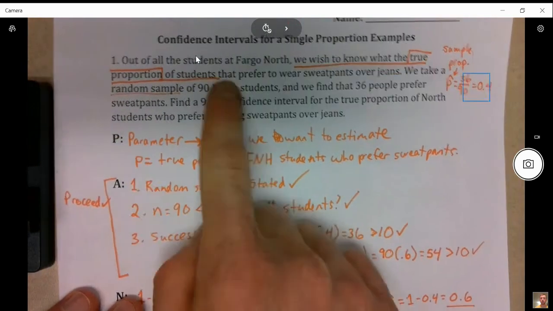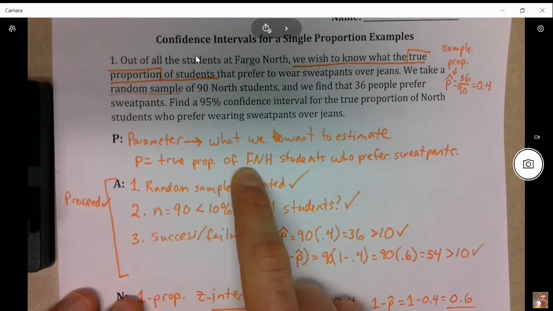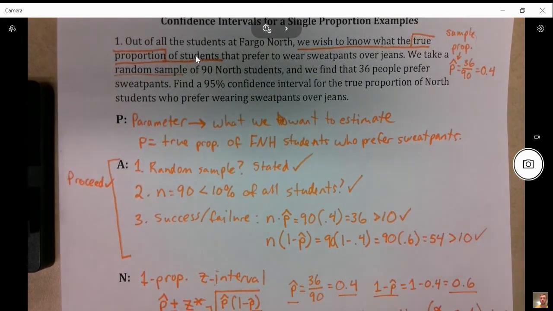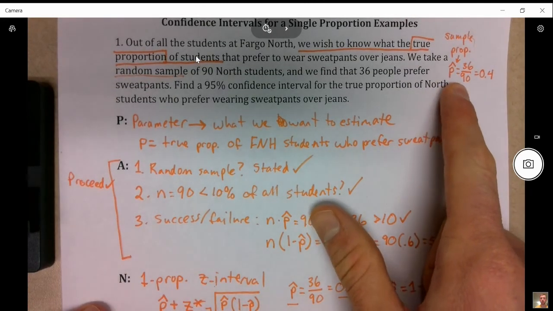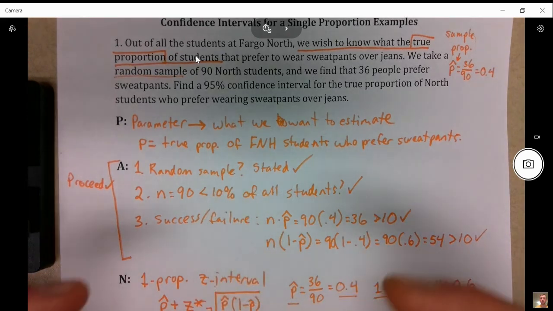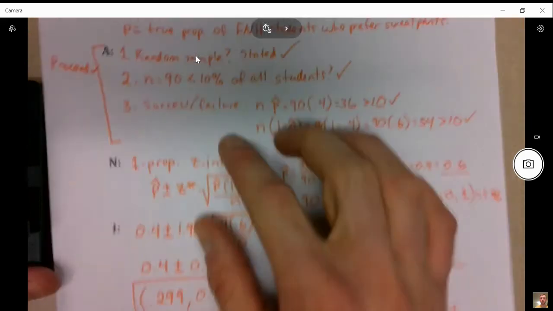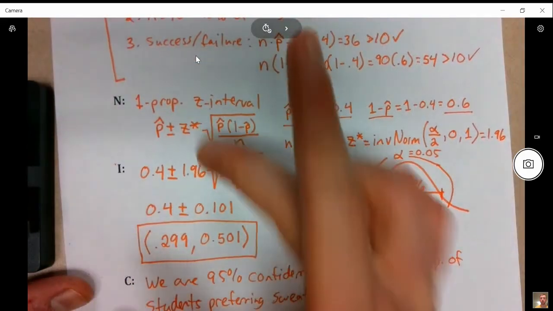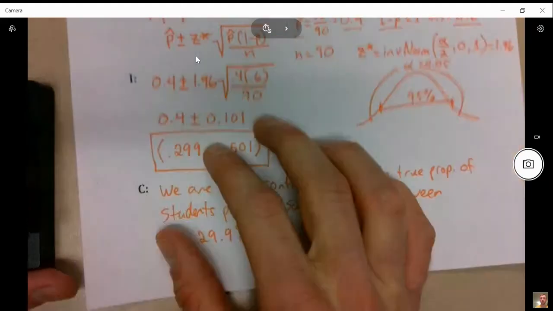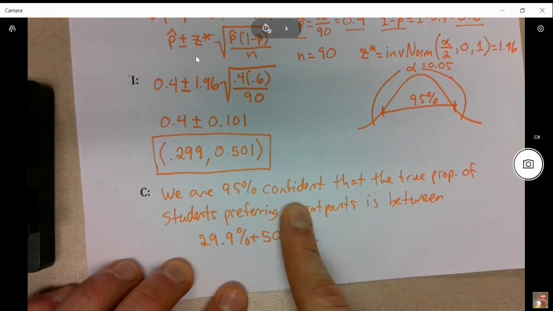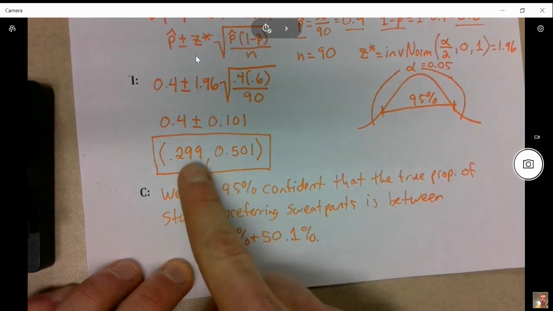And again, our goal at the very start of this was to estimate something about our population. We wanted to know, out of everyone at North High, what percent prefers sweatpants. Because we didn't have access to the entire population, we only had a small sample of 90, we wanted to make a confidence interval to estimate what that true proportion is, okay? So after we checked our assumptions and found that they worked out, we named our interval and found the interval. Based off of our one sample of 90 students, we are 95% confident that that true proportion is between